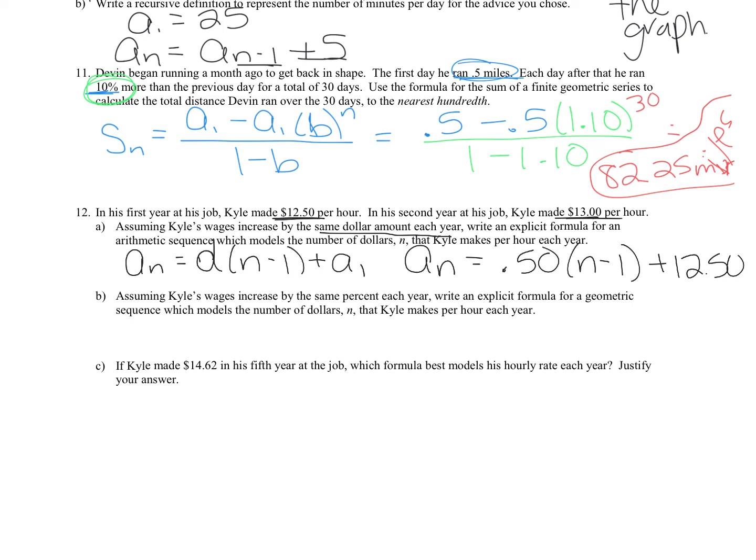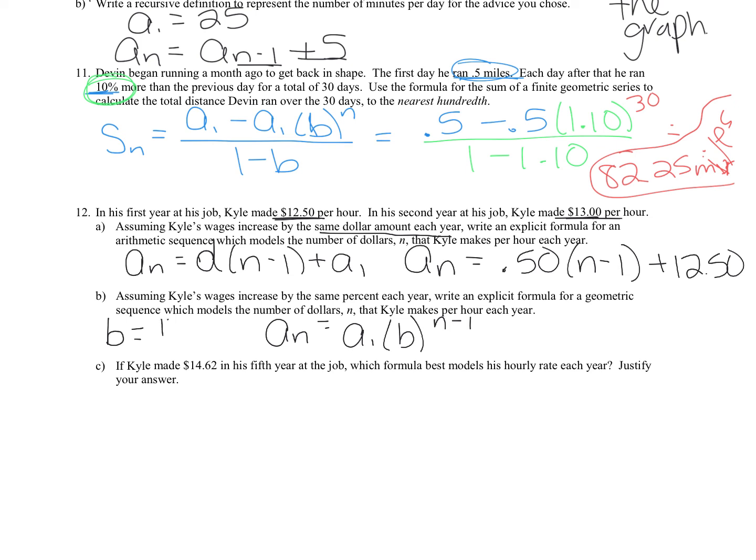So the next one says, assuming Kyle's wages increase by the same percent each year, we're going to write an explicit formula for a geometric sequence which models the number of dollars n that Kyle makes per hour each year. So what we need to do for this one, to find the value of the base, we're going to be using this formula first off. So we have a sub 1 times b to the n minus 1. That's our explicit geometric formula. It's not as obvious to me what it's increasing by in terms of a percent. So I am going to